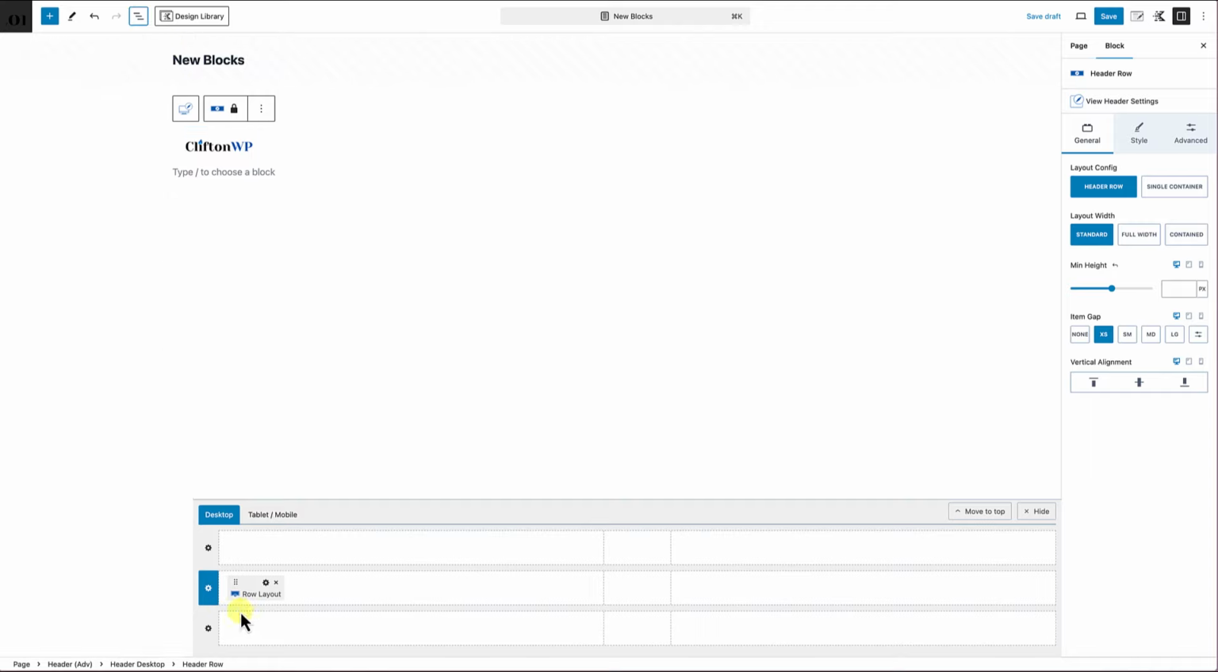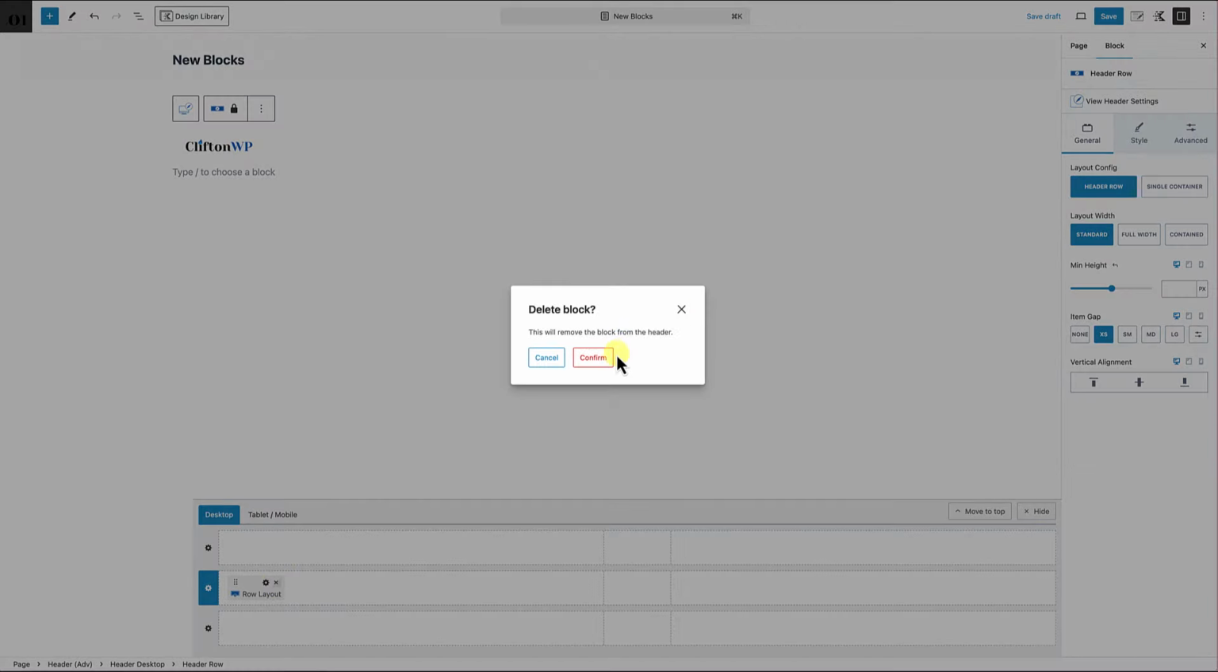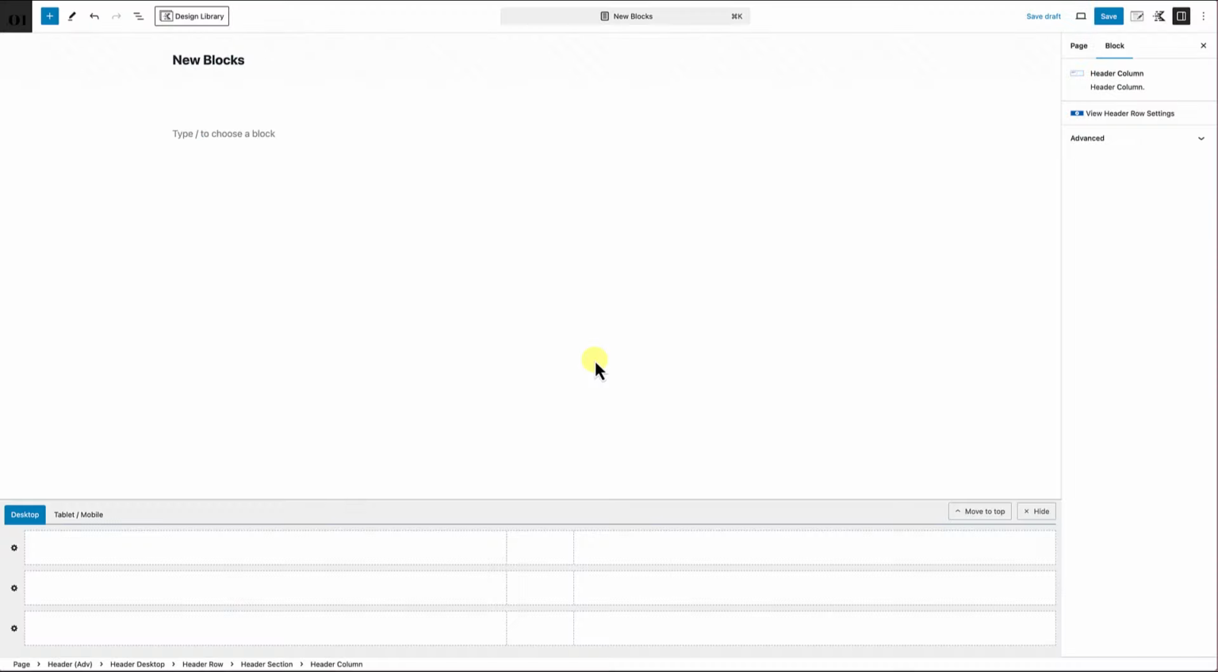It's kind of a long way to be able to do that. So let's just go ahead and delete it over here. So I'm going to click on the X. It's going to ask me to confirm that I want to remove this block from the header. The answer is yes. Go ahead and click and confirm, and now we have a fresh header to be able